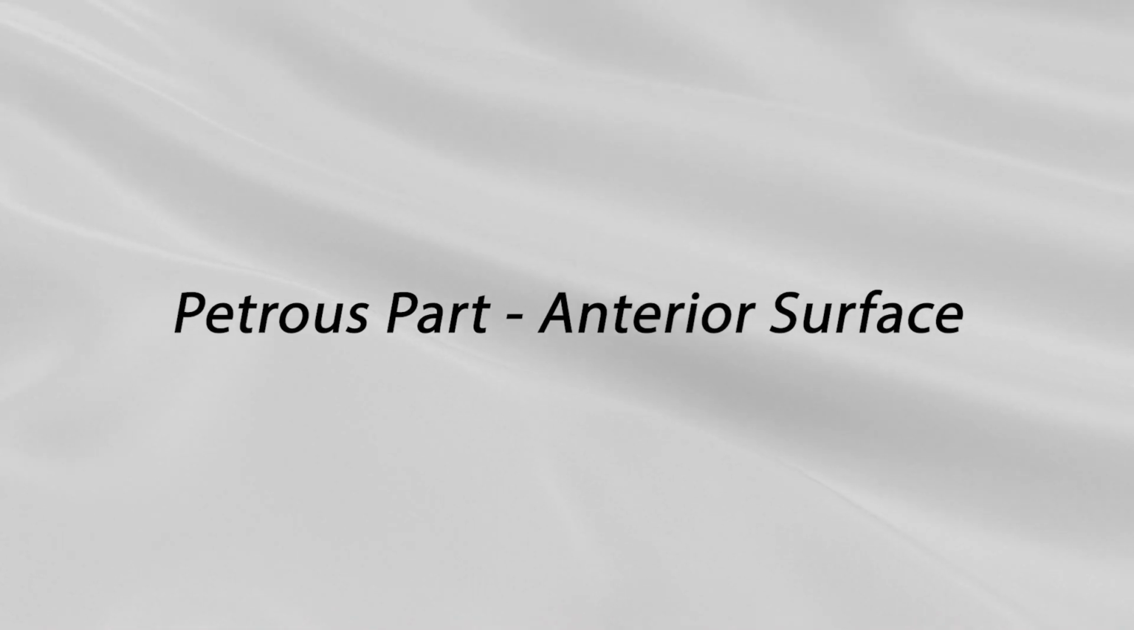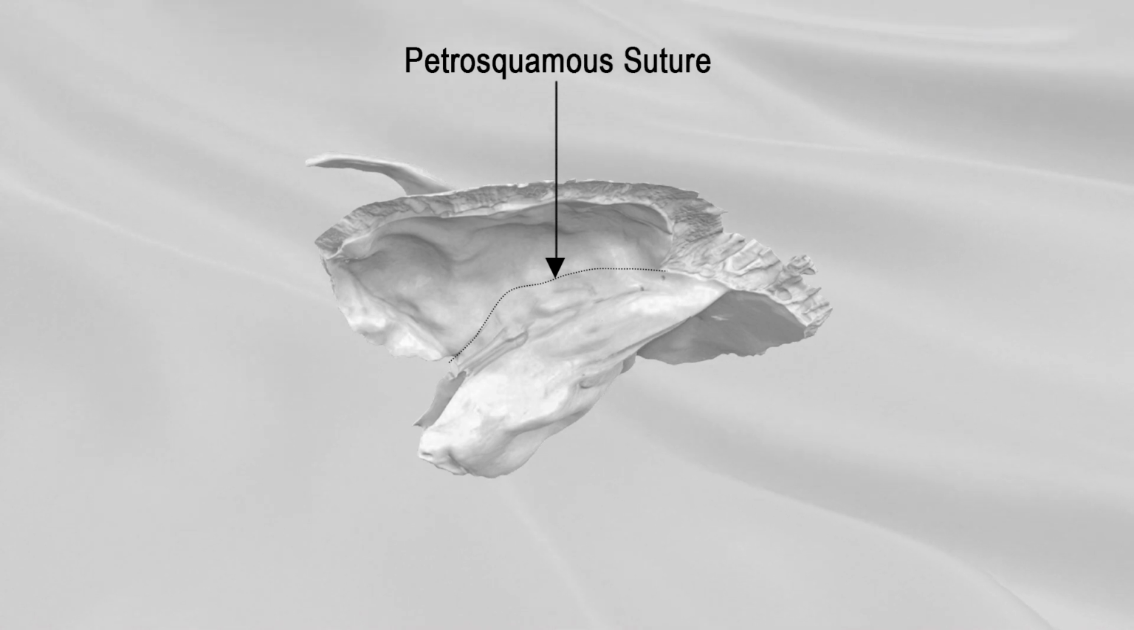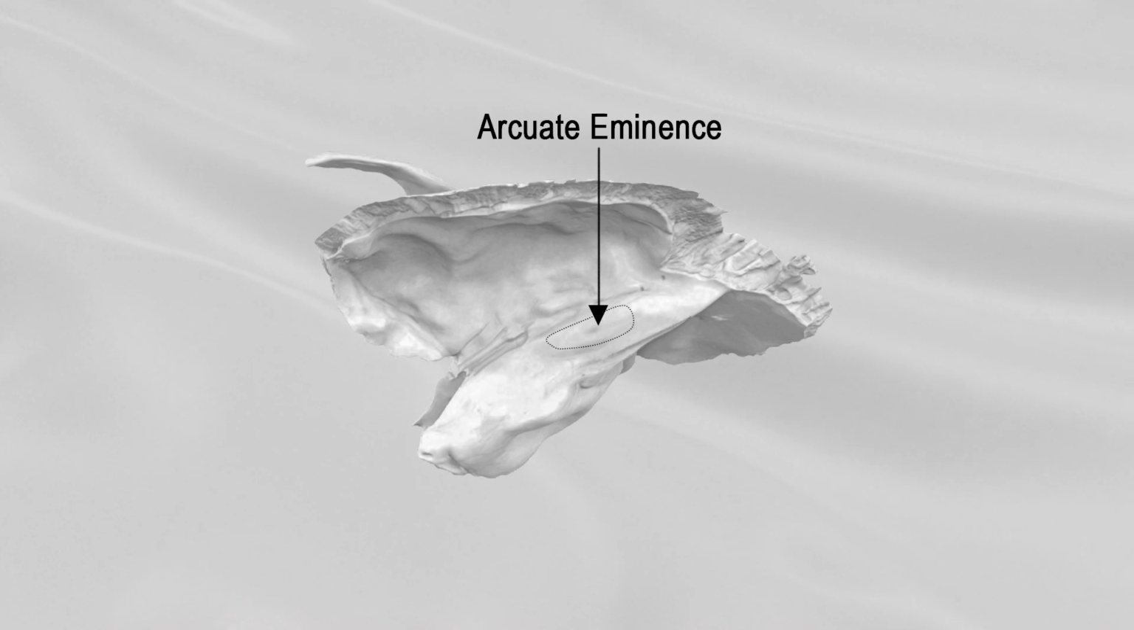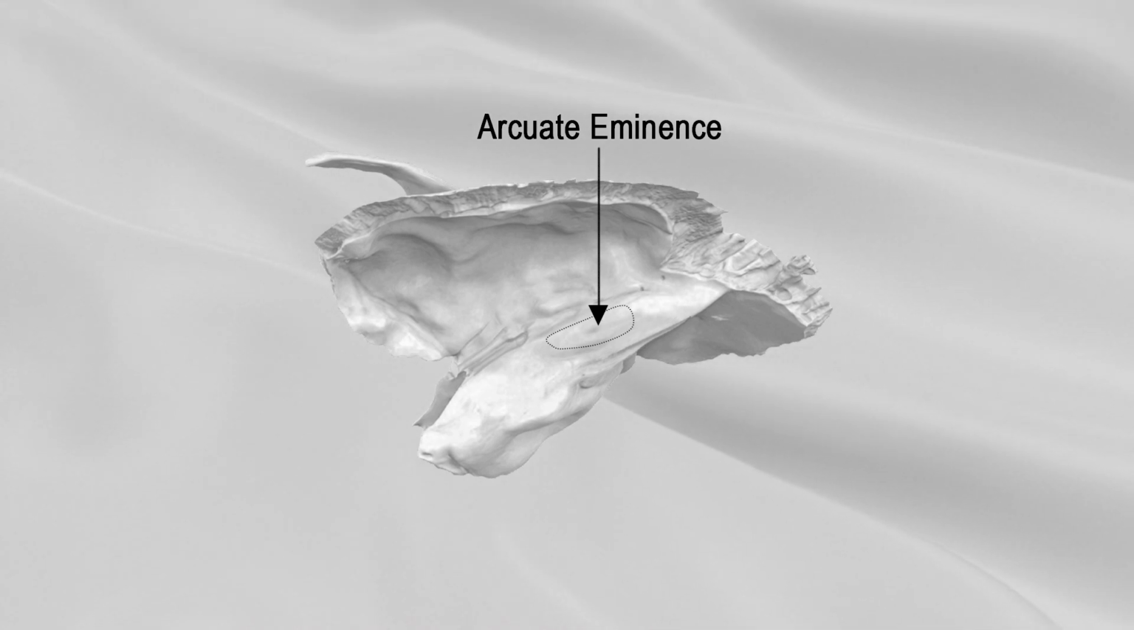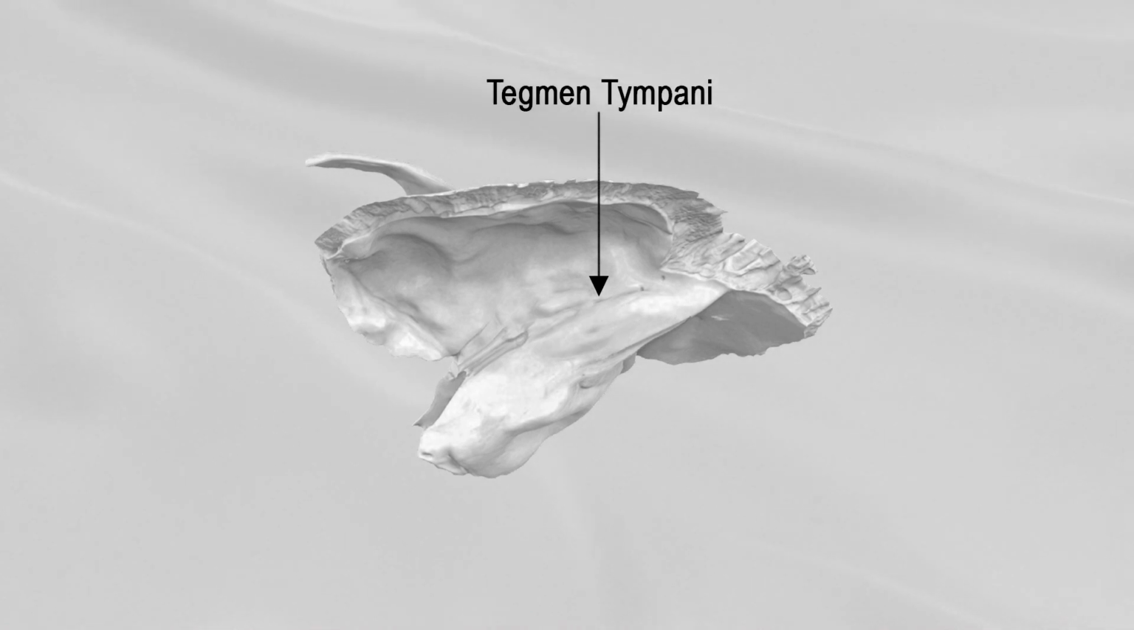Petrous part, anterior surface. The petrosquamous suture unites the anterior surface with the inner surface of the squamous part. The arcuate eminence is present near the center of the anterior surface and indicates the location of the superior semicircular canal. The tegmen tympani is a thin plate of bone lying anterolateral to this eminence, which separates the tympanic cavity from the